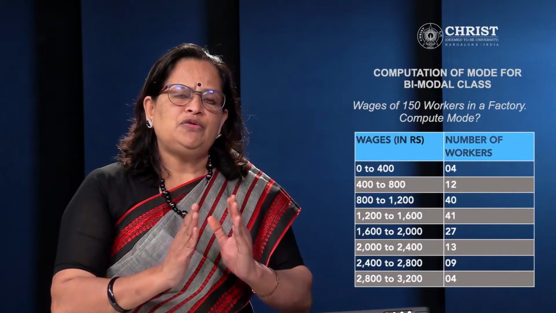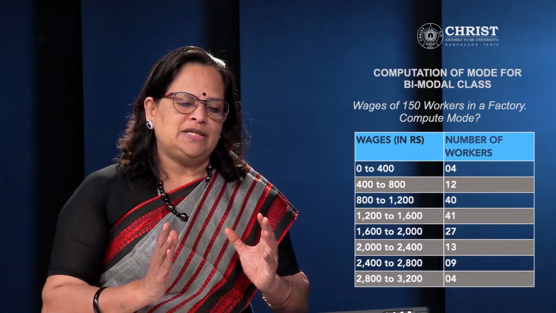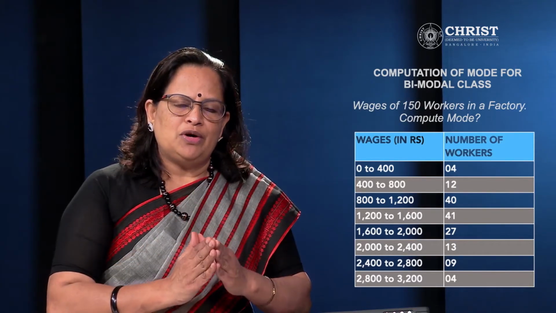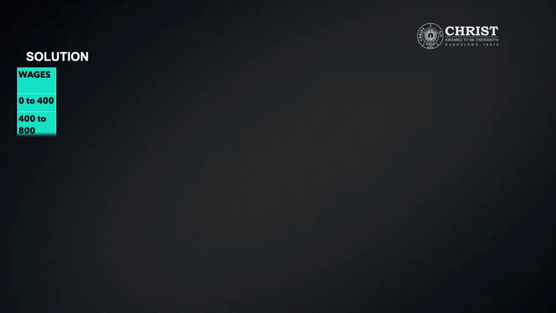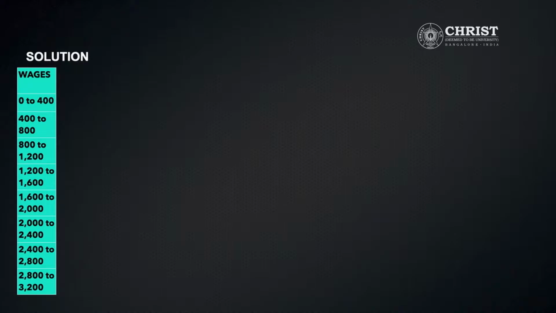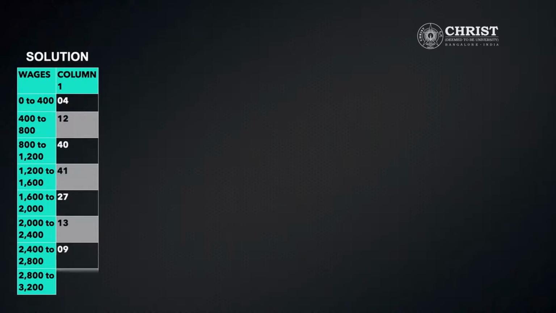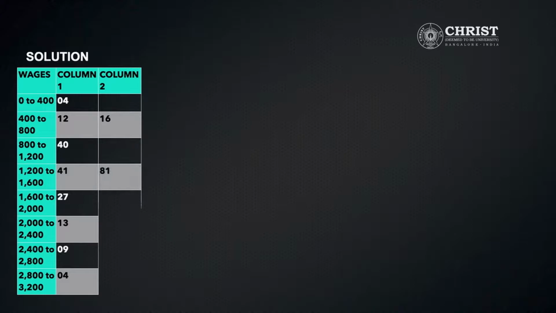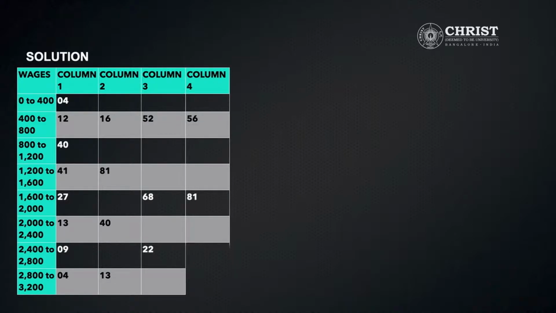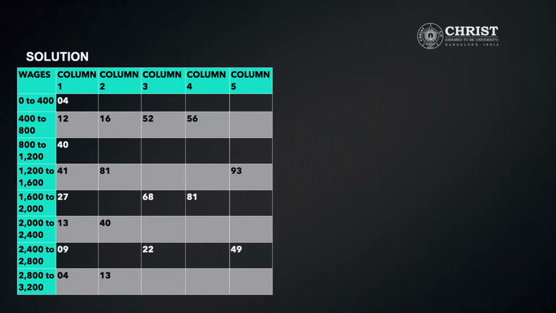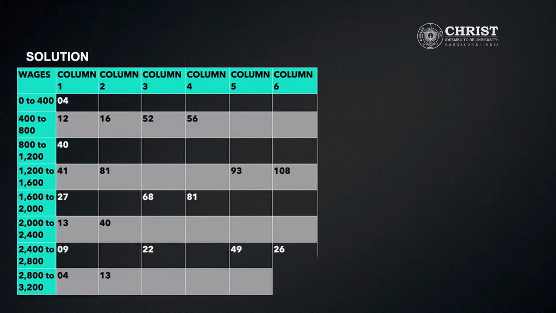Now we have to find the grouping table and analysis table to see whether it's a unimodal class or a bimodal class. When you do the grouping table, in the first column we will write the frequency values itself. In the second column we will add frequencies two each. Column 3, we leave the first frequency, then add two each. Column number 4, add the first 3 frequencies. Column number 5, leave the first frequency and add 3 each. Column number 6, leave the first 2 frequencies and add 3 each. You can see the values also here.